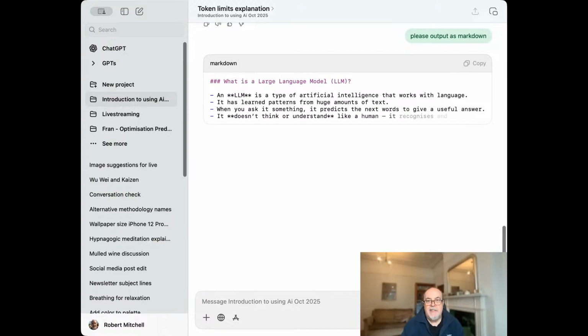Markdown is a simple text language that uses symbols for formatting. So if we look at the output there, it says what is a large language model, and it's got 3 hashes in front of it. That means it's a third level header. So let me just,